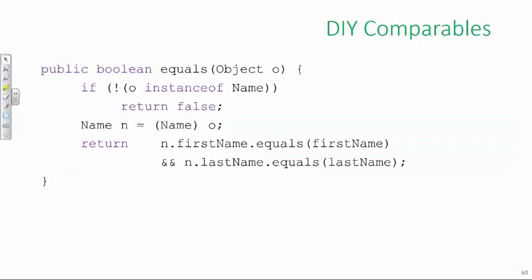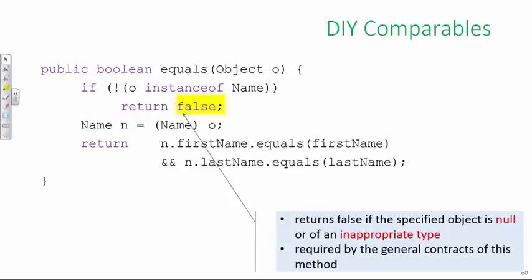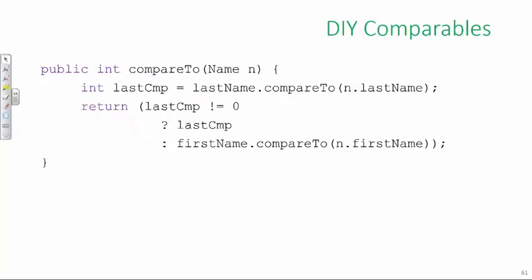Okay, so we talked about equals, so there we go. It's redefined in this example. We don't do anything really fancy or different here. The only thing I would put a remark on is that return false, which is just based on a test of the class of the object. So we make sure that we actually pass an object of the right type, and you can be as restrictive here as you want. And then we just use the first name and last name fields to make comparisons between the two strings. Two names are the same only if the first name and the last name are identical. And then finally,